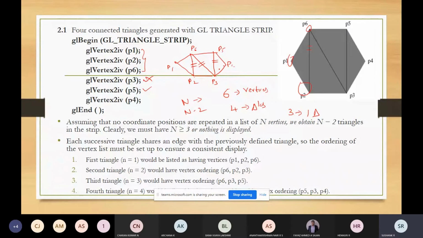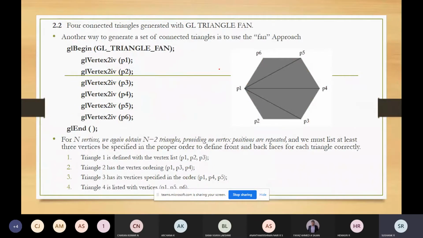Now if you are using GL_TRIANGLE_FAN, how will the triangle be generated? First it will form P1, P2, P3. After that, delete the line P1, P3, and the next coordinate is P4, so P1, P3, P4.